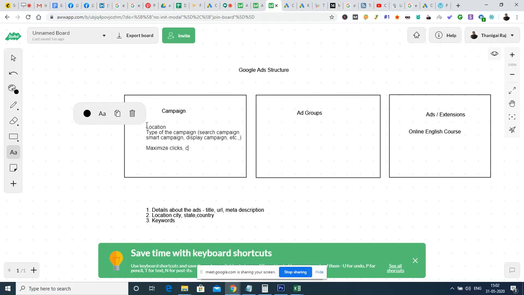Similarly, we have cost cap, enhanced CPC, manual CPC. So these are the few options that are available for configuring the bidding strategy.